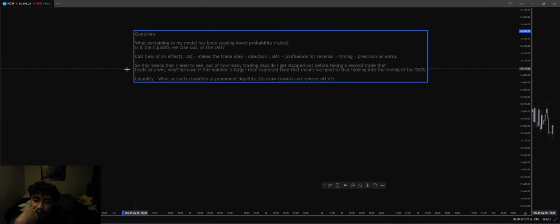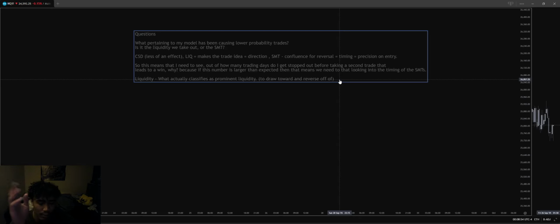But I'm trying to see how we can do this. Like how I broke down, so this means blah blah blah. We can analyze the amount of trades with the timing that's off. How can we do that with liquidity, rather than saying bias was incorrect? That's not what I'm trying to get at. Very rarely is my bias incorrect. Like 8 out of 10 times I have proper direction of the market, but